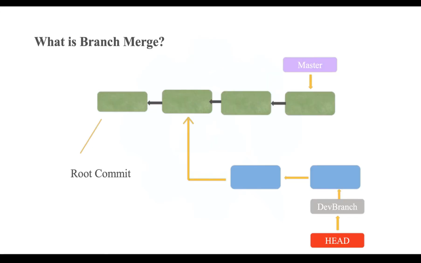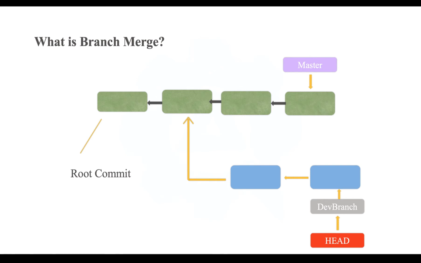Before going ahead with the types of merge, let's talk about why we need merge, or why exactly we need to merge branches. Previously we have seen how to create branches and why we create them. Let's say at the start of a project, I have created a master branch, the default branch, shown here in green. At some point, the developer decided to create one more branch for, let's say, some R&D activity. After some time, he decided that the R&D activity is working fine, and he wants to merge these changes to the main branch, that is the master branch.